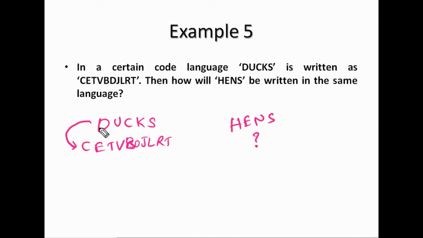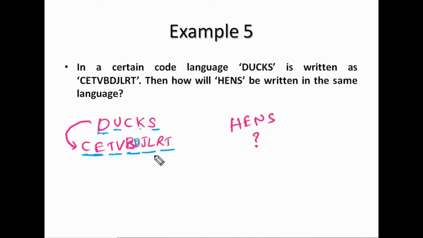How can we get 10 letters from 5 letters? Instead of one letter we may consider two letters, right? See the nearest letters of D: C is the immediate before letter and E is the immediate after letter. Okay, maybe U, T is the before letter and V is the after letter. So every letter is replaced by before letter and after letter. In place of one letter, we write two letters. C before letter, D after letter. K before letter J, after letter L.